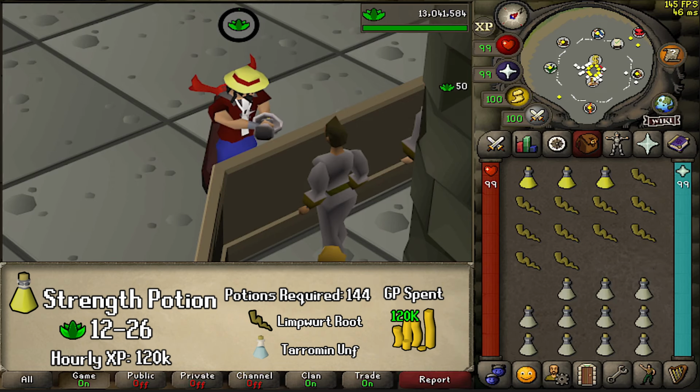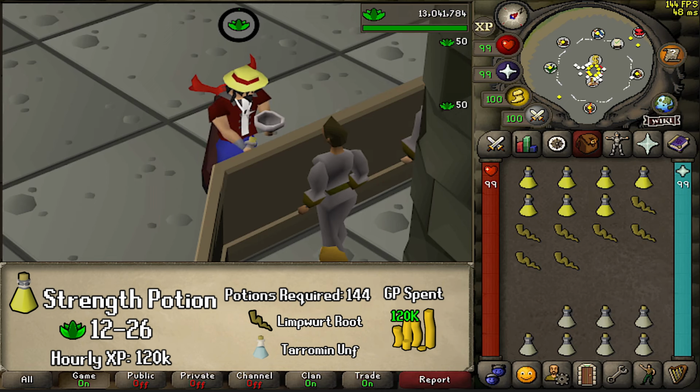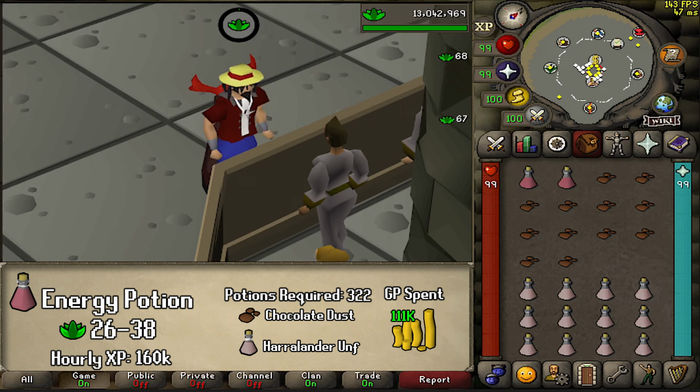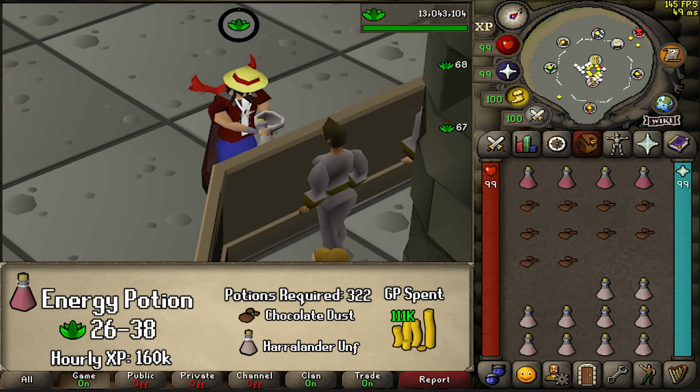This is just unfinished Tarromin mixed with Limpwurt roots, and 144 of each will get you to 26 Herblore. Here's where we get a great method of making energy potions, which are already going to be bringing us over 150k XP per hour. These are just unfinished Harralanders mixed with chocolate dust, and after doing this 322 times, you'll